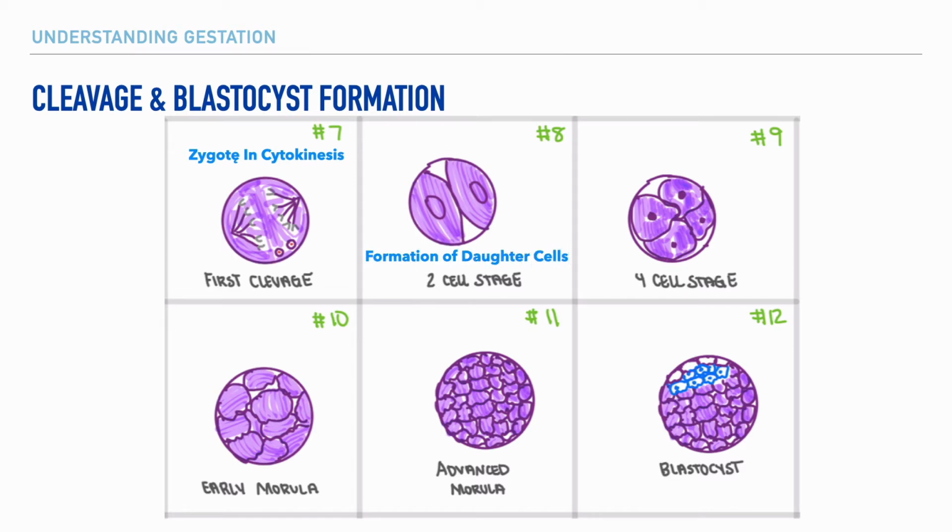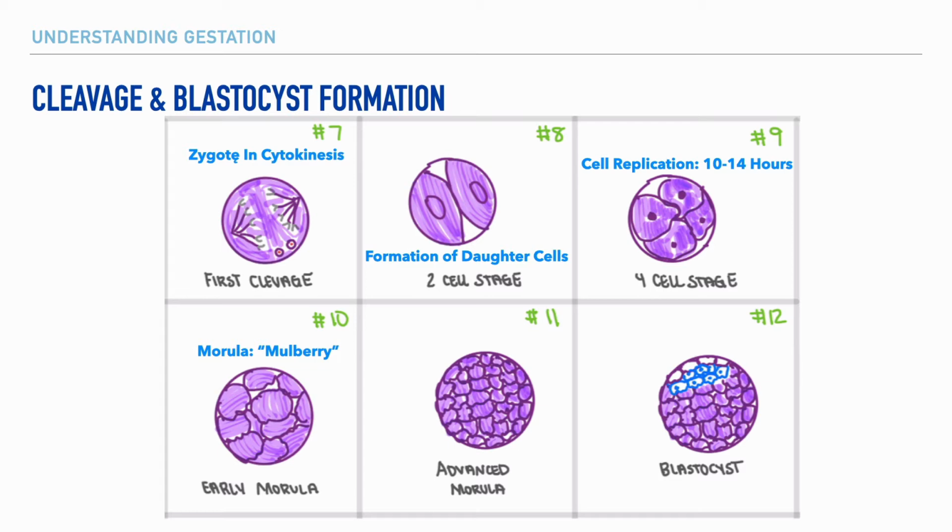And within 10 to 14 hours, our 2-cell stage transitions into the 4-cell stage, which indicates that the cells have continued to replicate or duplicate themselves. That's shown here in image number 9. And after 3 days, this blastomere, as shown in step 9, is converted into an early morula, pictured here in step 10. The term morula is a name that indicates an appearance similar to that of a mulberry.